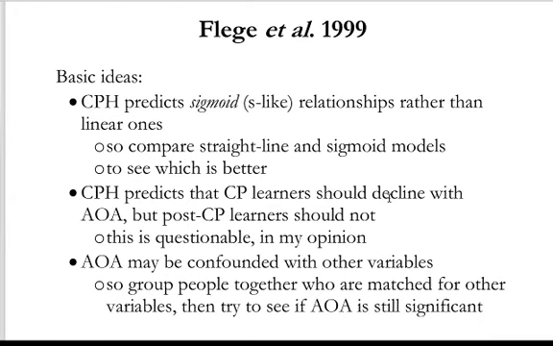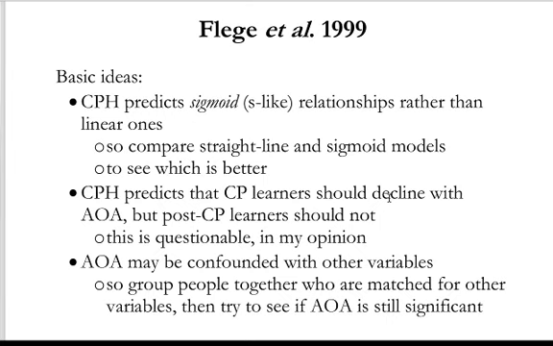And I should say that it's actually guaranteed, mathematically guaranteed, that the sigmoid model will fit the data better. So they actually also have to trade this off against some measure of complexity. This is not an entirely trivial statistical issue, but for the moment, let's just assume they're using the right methods for comparing these models. They're basically going to ask which one of these models is better at fitting our data. And if it's the sigmoid one, then that would be evidence for a critical period in second language acquisition. If it's the straight line one, then that would be evidence against the critical period hypothesis.